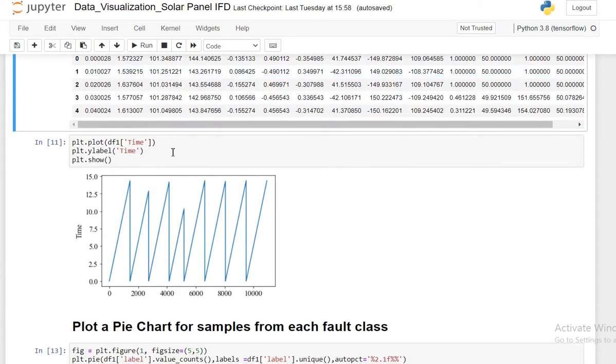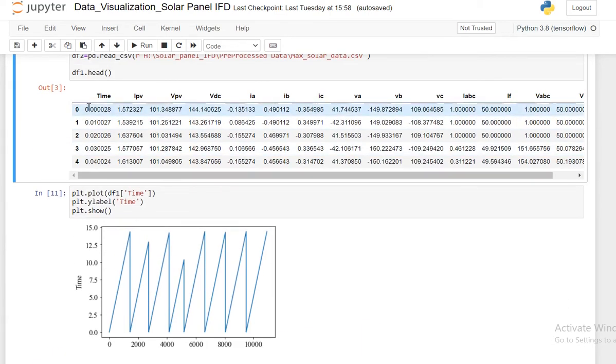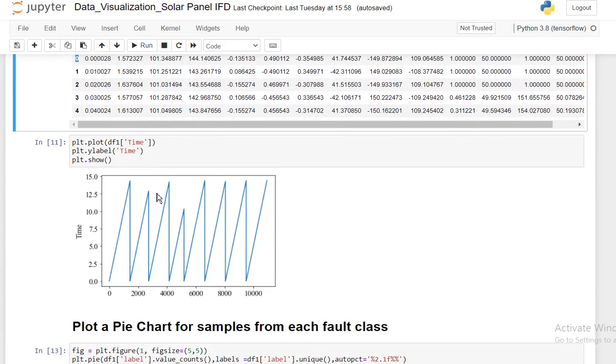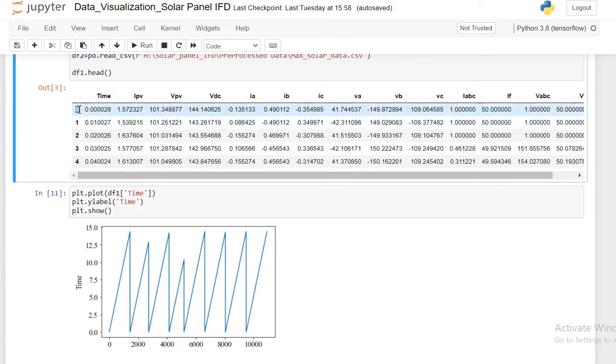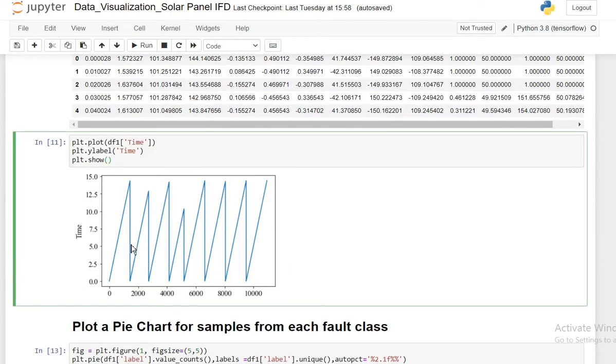So if I do a simple plot of the time against the index corresponding to this time, here you can see the y value shows the time, and the x-axis is just the instances, like from the 0th instance, first instance, second instance. So the x-axis is the number of instances, or the index you can say, and y is the time value. Here you can see that a total of 7 datasets or 7 life cycles are there.